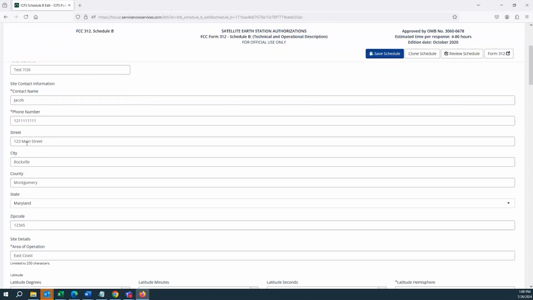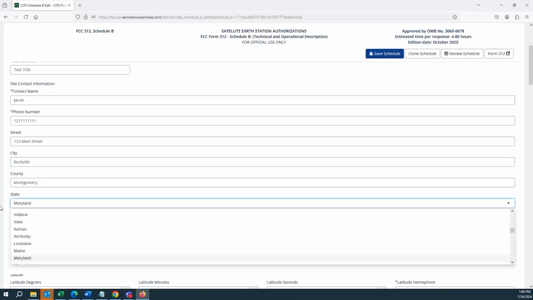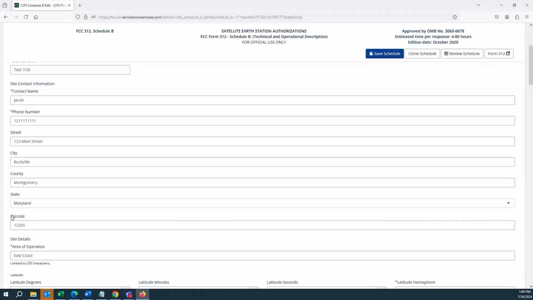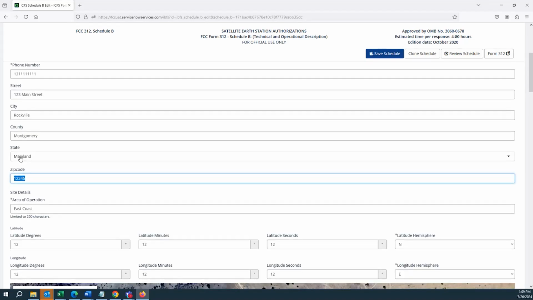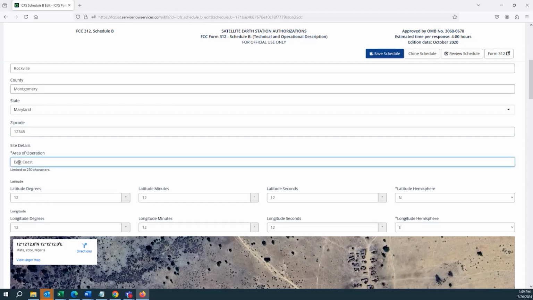And then these fields, street, city, county, state, etc., they're only going to appear for fixed location Earth stations. The site detail section also only appears for fixed location Earth stations and is only required for those.